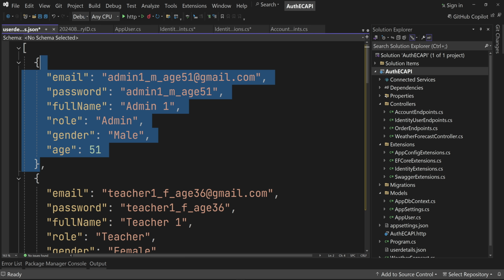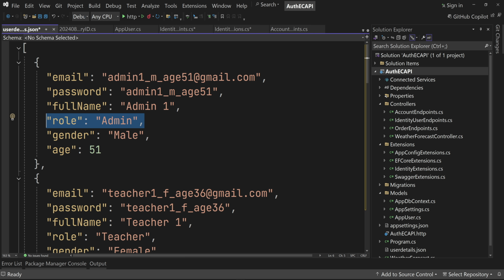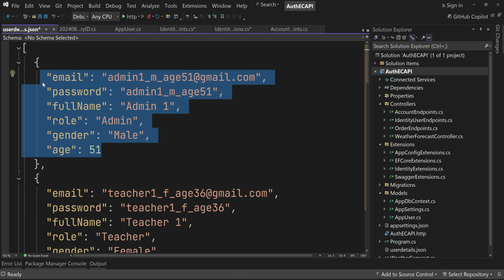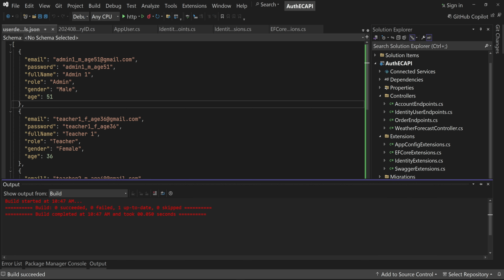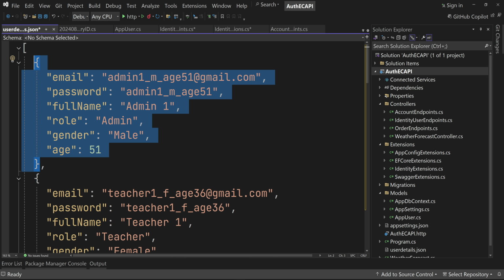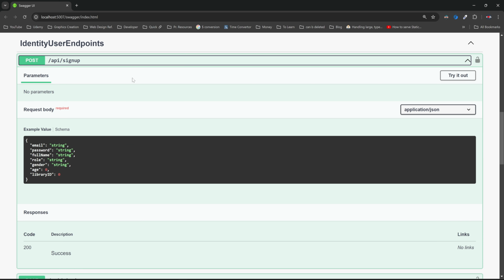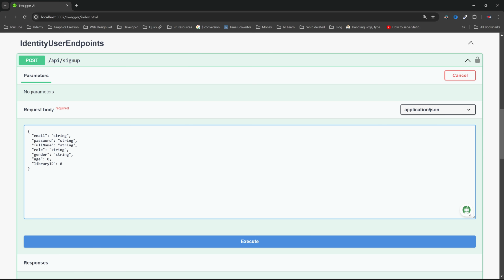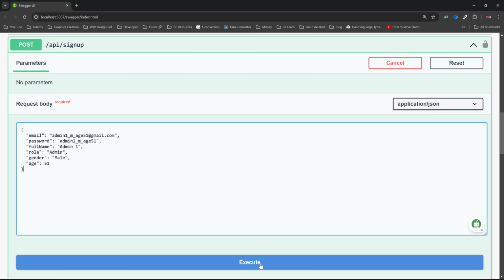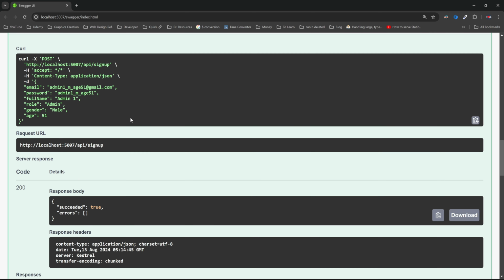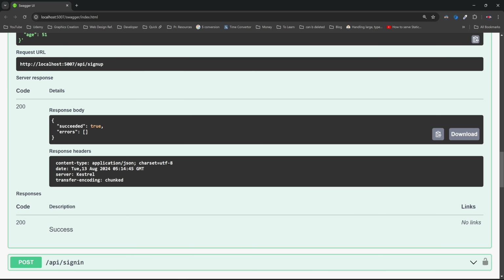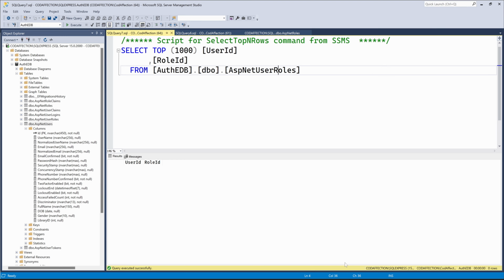So first of all, here we have a user with the role admin, and the rest of the details are here. Now build the project. Let me copy this object back to the API Explorer, and here we have the post web API method for sign up. For the user we are about to create, there is no library ID. So the rest of the properties will be like this. Now click on execute. Boom, that's it. So here we have successfully created the user,